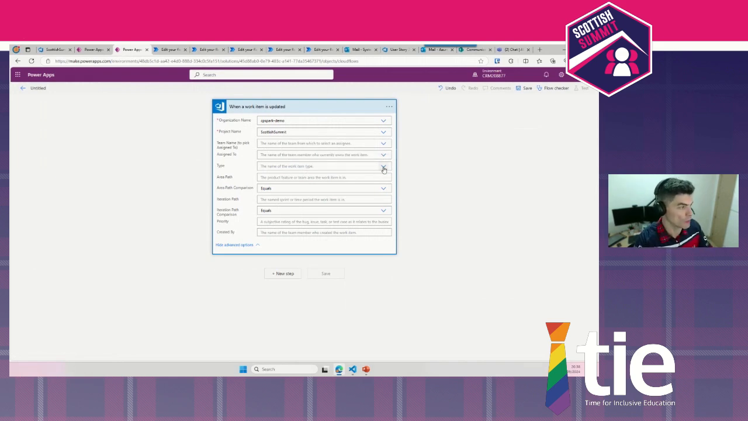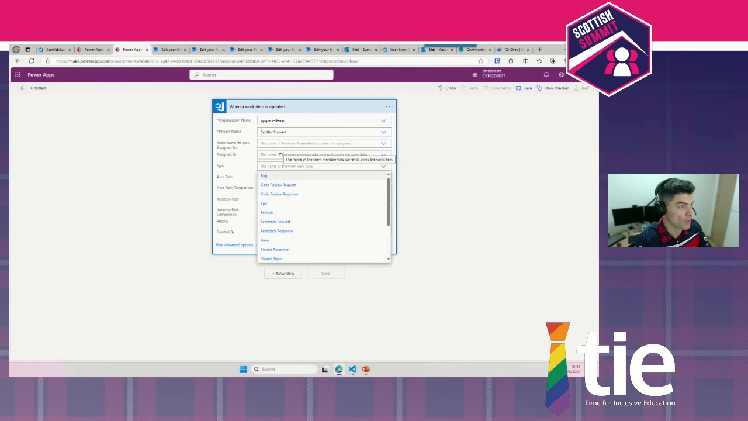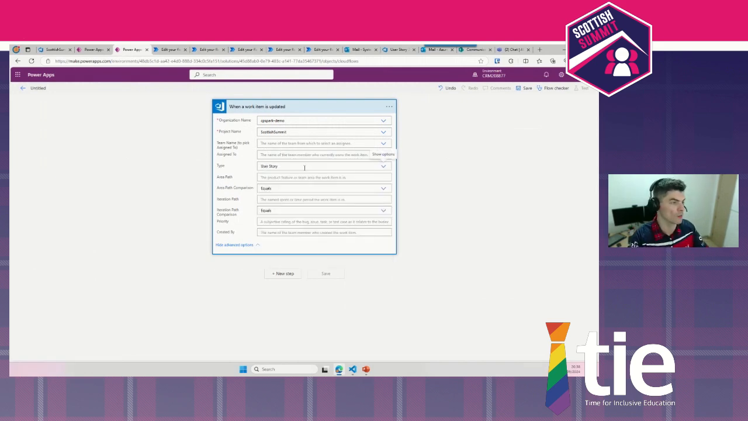Only, for example, when my work item is a user story. So I can come here and say, dear flow, please be triggered only when a user story is created. I can also provide things like area path, or who created it, or the priority that will act effectively as a filter for when to trigger this flow. So now that I have my trigger, the next thing will be to say, okay,